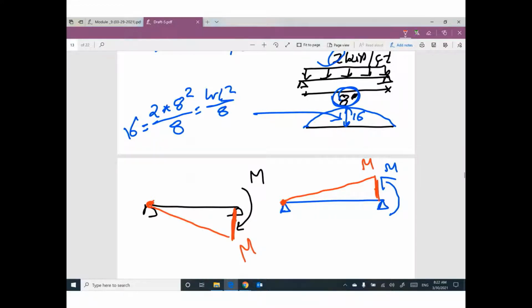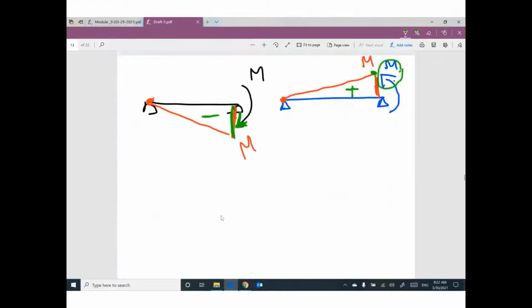You will ask me, why is this triangle up, which is positive, and why is this triangle down, which is negative? It is based on where the head of the arrow is. If the head goes up, your value will be up. If the head of the arrow goes down, I will put my value down. Keep in your mind,